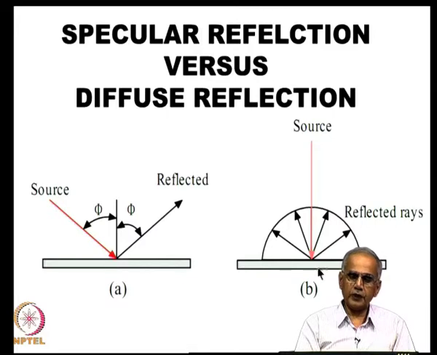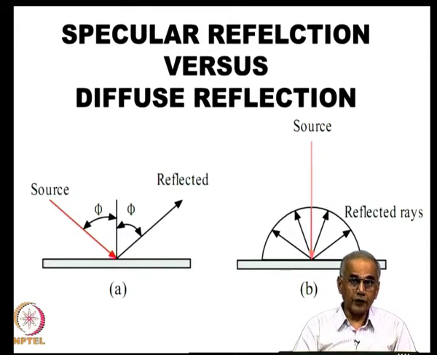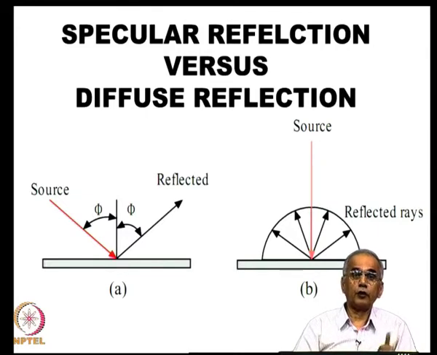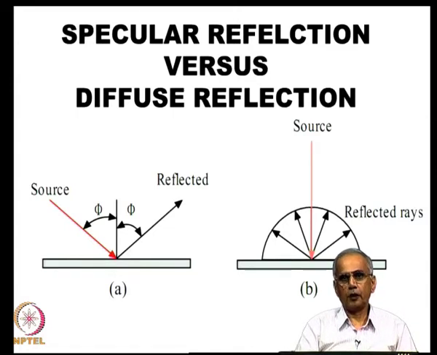But suppose you have a surface which reflects this way, but emits like this, then clearly the reflection term must be tackled in a different way than the emission term. In the reflection term, you must worry about where the radiation came from, because if it came from somewhere here, it will reflect in this direction. If it came from somewhere here, it will reflect in that direction. So, where the photon goes after reflection depends upon where the photon came from. So, the memory of the system is retained. So, this makes the problem complicated.